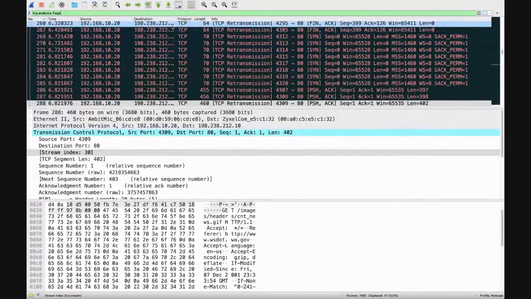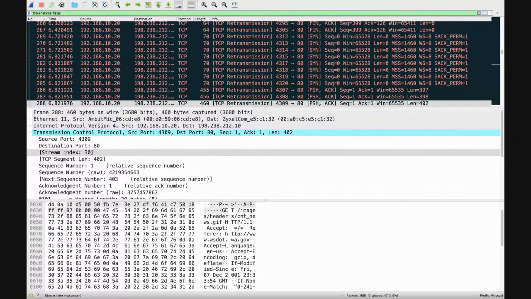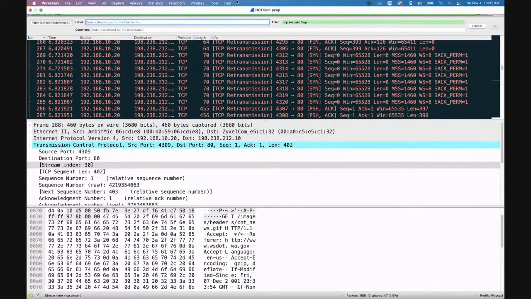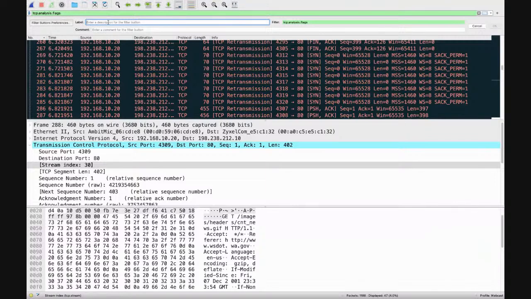So we're going to reapply our TCP analysis flags. And I'm going to come over here to the far right-hand side, and there's a little plus right there. I'm going to click on that. This is where I can save display filters I use on a regular basis. So now I could say bad TCP.